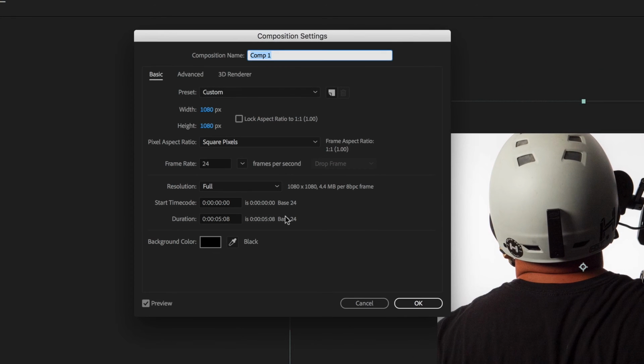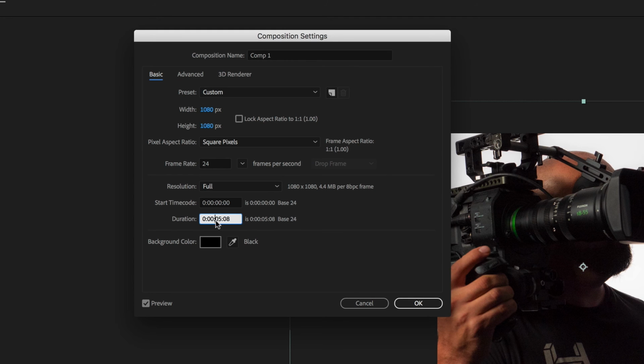So what I'm going to do is check on our comp. So your comp settings here, and I'm going to check my duration here. So it's 5 seconds the way I have it set up right now. And what you want to do is make sure your final video you're going to output is at least more than 3 seconds long. If anything is under 3 seconds, Instagram won't allow you to post it as a video, or Facebook won't let you upload it as well. I'm going to change this to